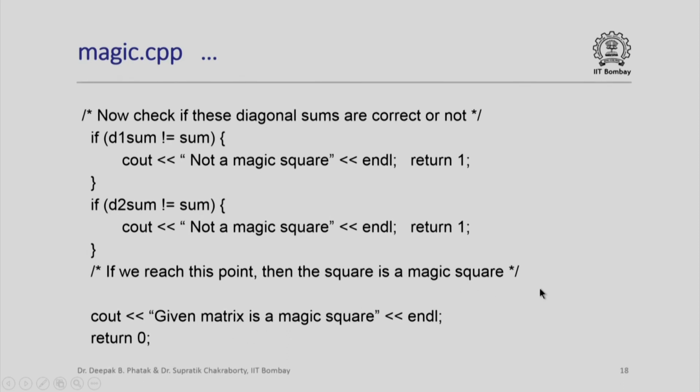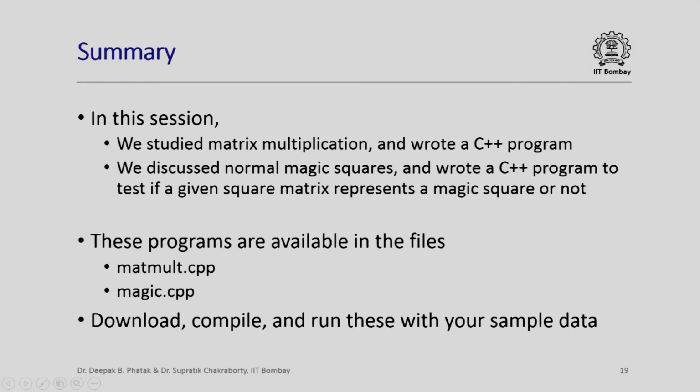So, an interesting example. We now learnt about the magic squares, and we also saw how to manipulate matrices in order to find their row sums, column sums, diagonal sums, etc. We also wrote a program in this session for multiplying matrices, a simple and elegant program, but which can do a lot of computations even for a 100 by 100 matrix.